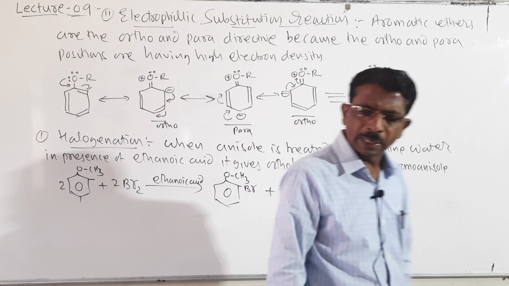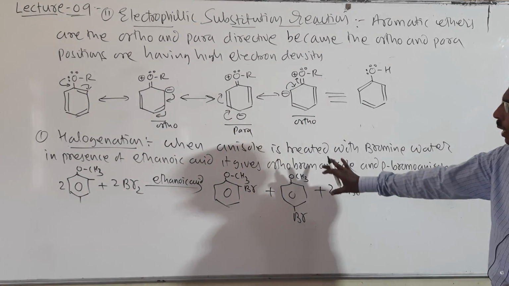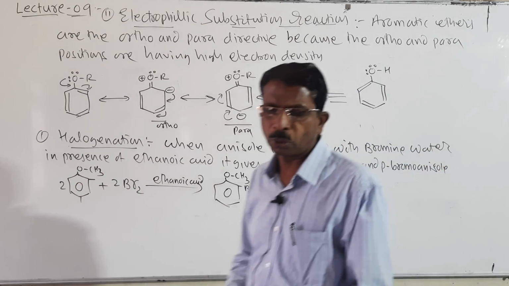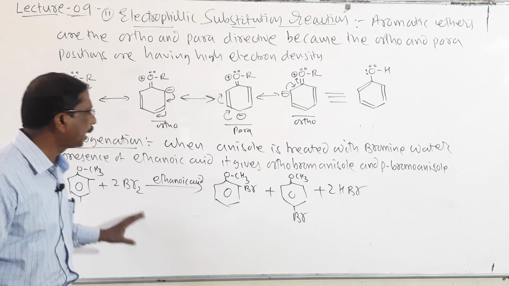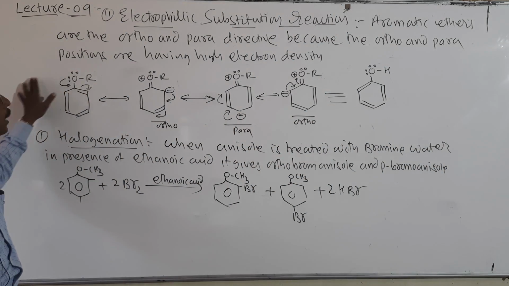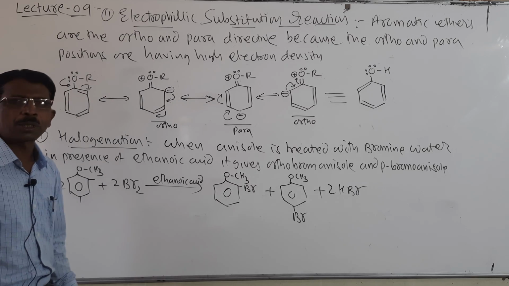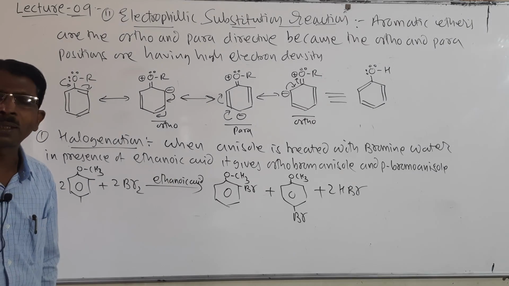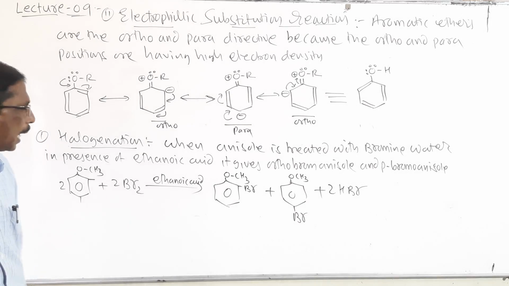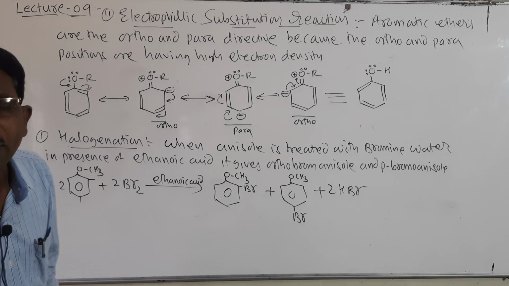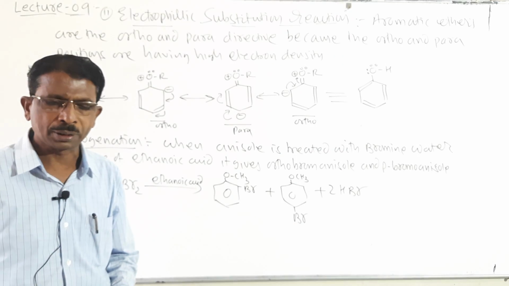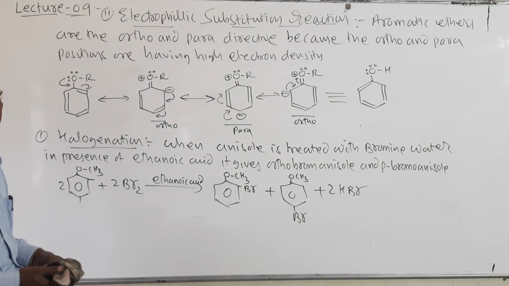Look here students, clearly I have mentioned this reaction and the resonance structure. This is called aromatic substitution, that is, electrophilic substitution reaction, the reaction which takes place in the benzene ring. And now let us see the Friedel-Crafts reaction and nitration. These also take place in the same way.